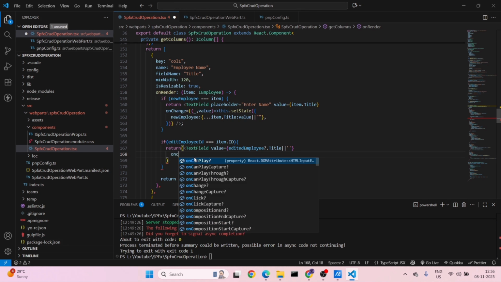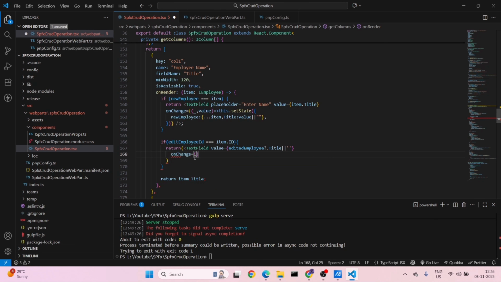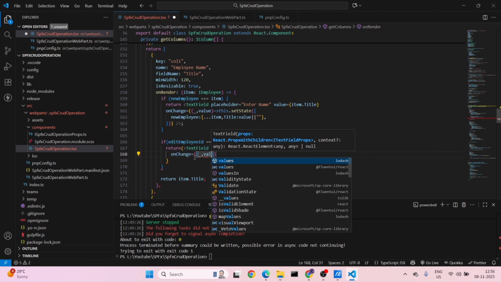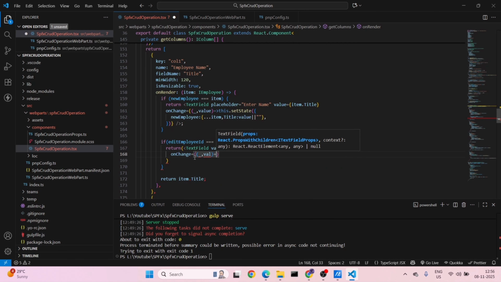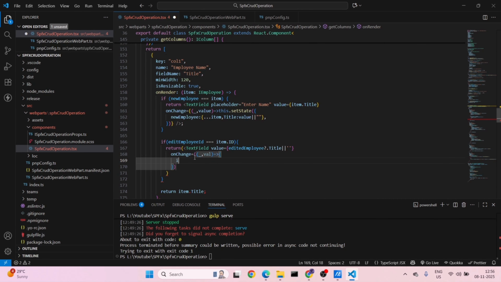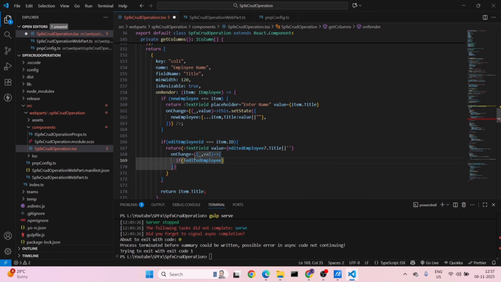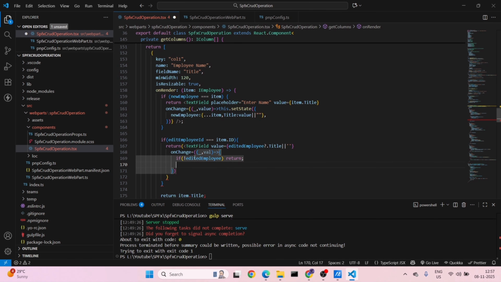And onChange (_, val) => then we will check if it is there. If not editedEmployee, then we will return. Means when it is undefined or something, then it will not return anything. And this